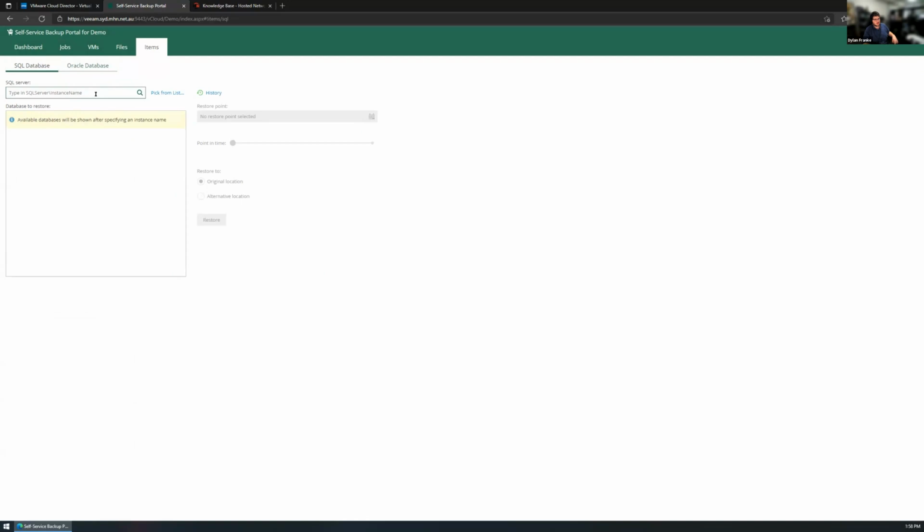The other thing as well is, if you are in a situation where it's not letting you restore from here, or you want to try and speed it up, we can access these backups from our side of things as well. We do have access to some more advanced things that we might be able to do to get around it. As an example, for those of you that know Veeam, we can do things like instant restore of the VMs. You can't do that from the portal here because it is going into vCloud. So we can do some creative things like that.